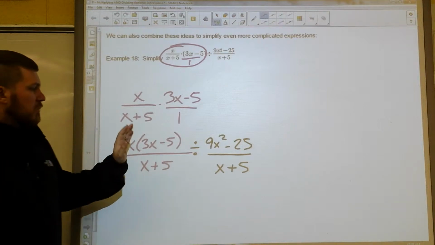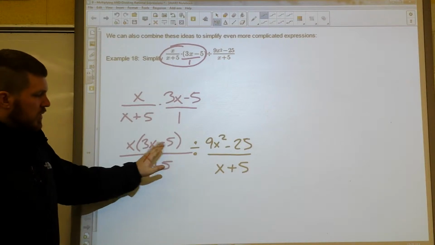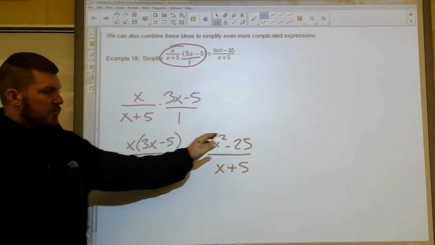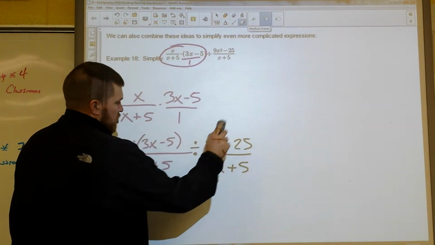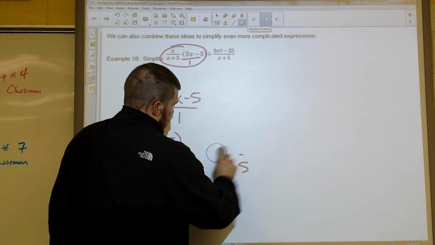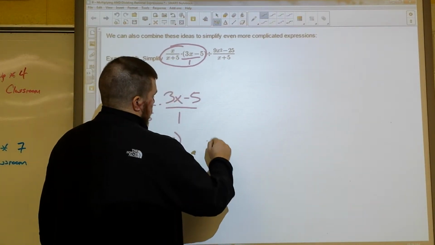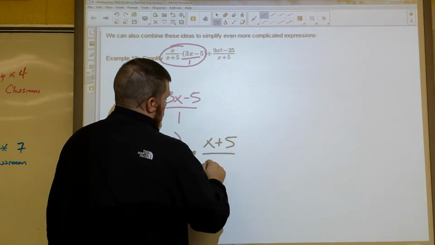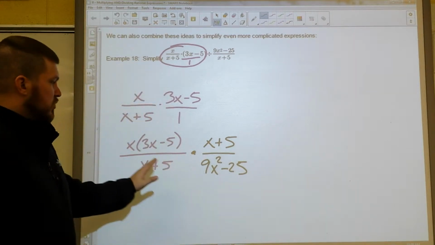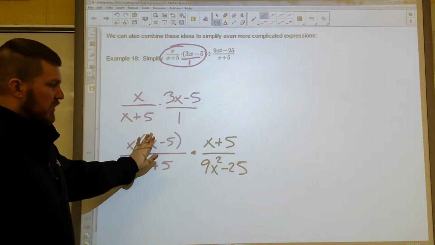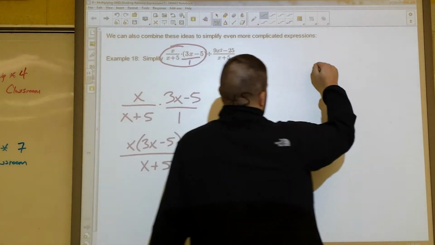But remember, when we divide two rational expressions, we keep the first one, change divide to multiplication, and flip the second fraction. So let's go ahead and do that now. So again, keep, change, flip. So let's do that. So change it to multiply, flip the second fraction, so x plus 5 goes on top, 9x squared minus 25 goes on bottom. Now I also want to do some scratch work. I already know I've done my scratch work for the left fraction, so I'm not even going to look at that. But my scratch work for the right fraction,